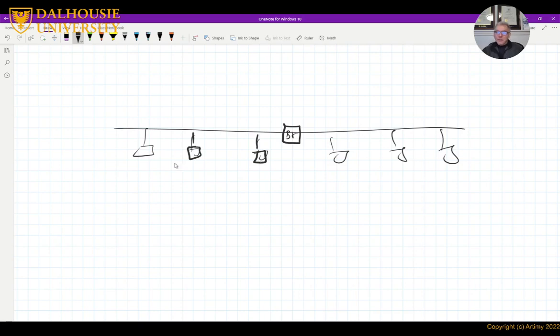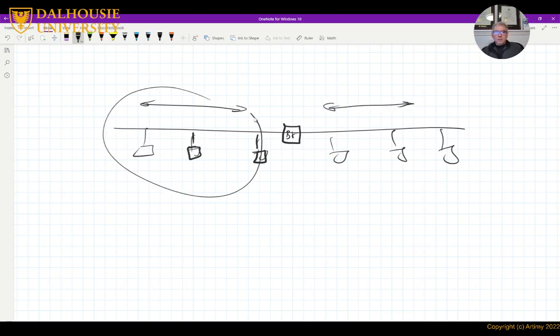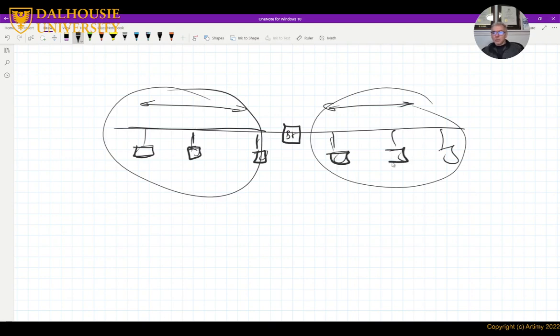The first benefit I can notice is that now I have two segments instead of one. And this segment is separated from this segment. The nodes in the left segment, they can talk to each other, they can share the bus. So now, instead of 6 nodes sharing one bus, we have 3 nodes sharing one bus and 3 other nodes sharing the other bus.